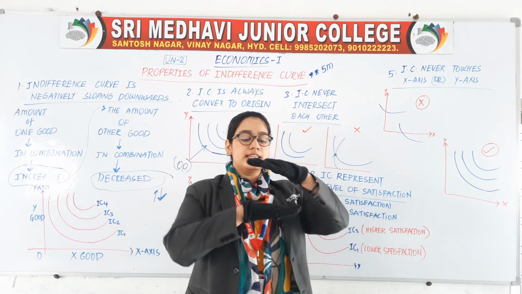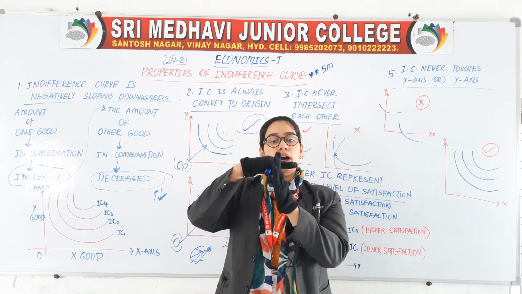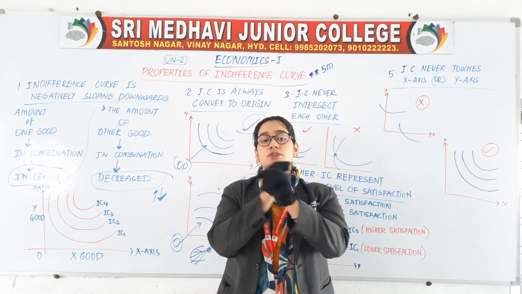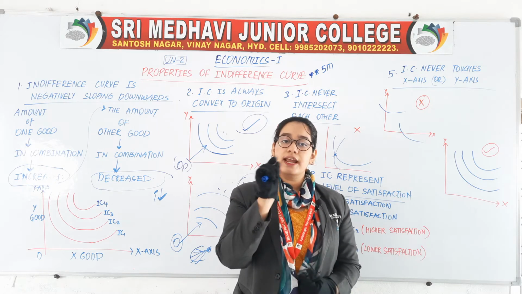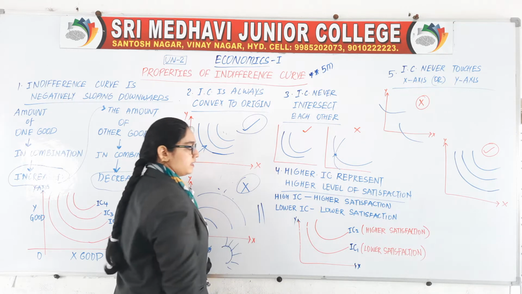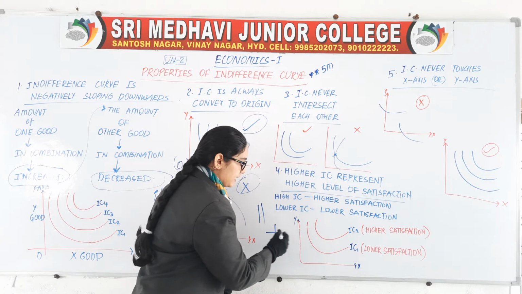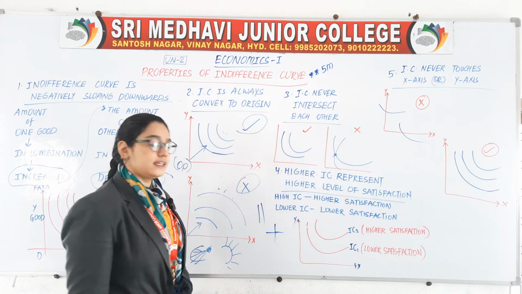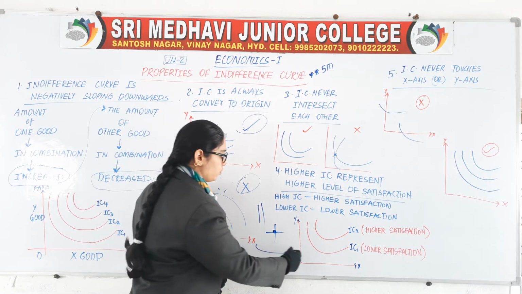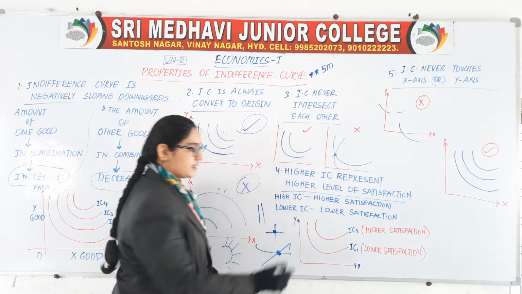For example, these two are parallel lines. Are they touching each other? No. Now are they touching each other? Yes. Now are they touching each other? Yes. This is called intersection at any point. If I draw two lines, this is not intersecting, this is parallel. If I draw lines like this, is it intersecting? Yes. Where? At this point. Am I right? If I draw two more lines, where is it intersecting? Here. This is the intersecting point.